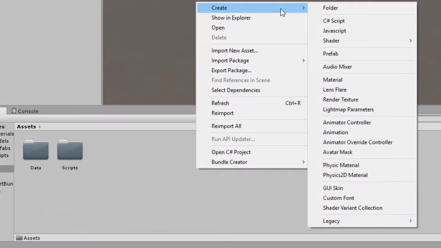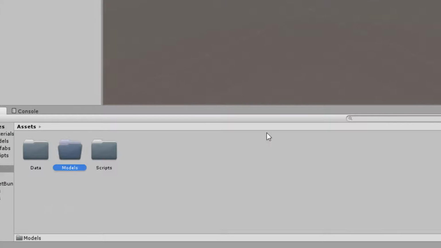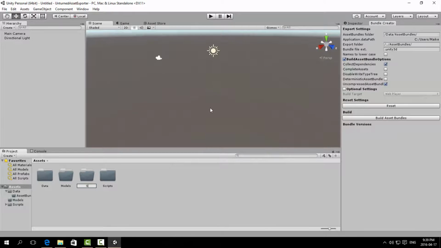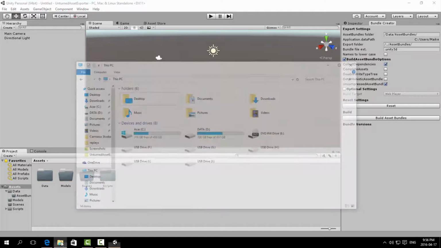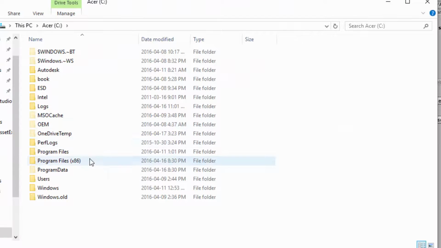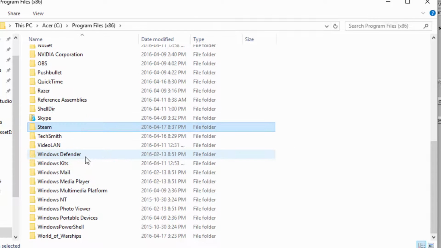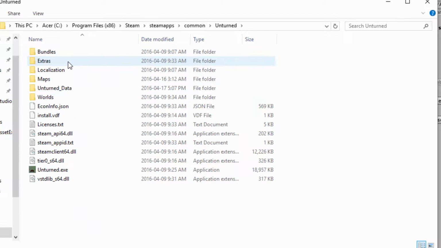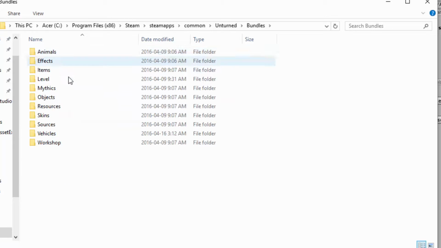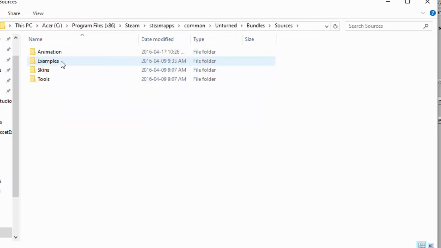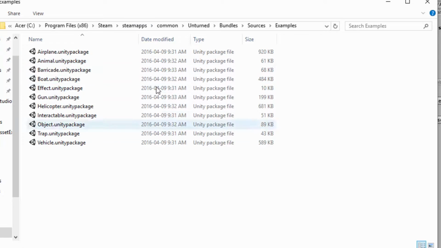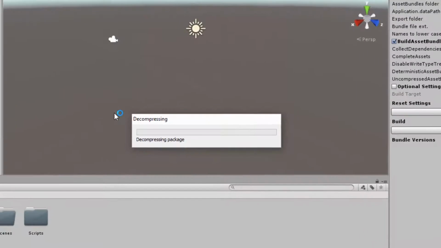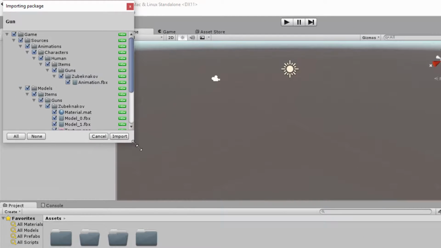For good practice I have two extra folders to place scenes and my model files, just to make the project files neater. Also a pro tip before I end this video. From your game directory, there are actually samples on how to create assets for the game ranging from guns to vehicles. The location of the folder is Bundles, Sources, Examples. To import the Unity package, just double-click with the correct project file running in Unity and an importing package window will open. Make sure all is selected when importing.